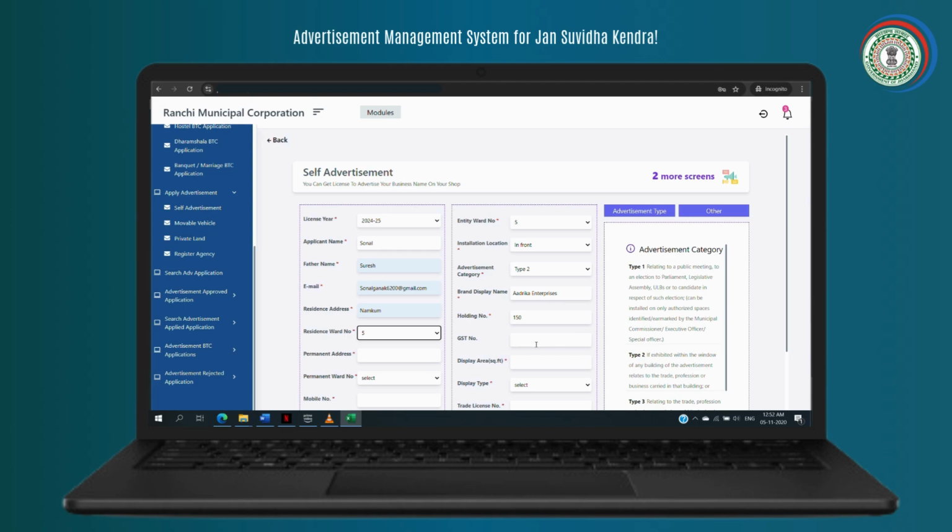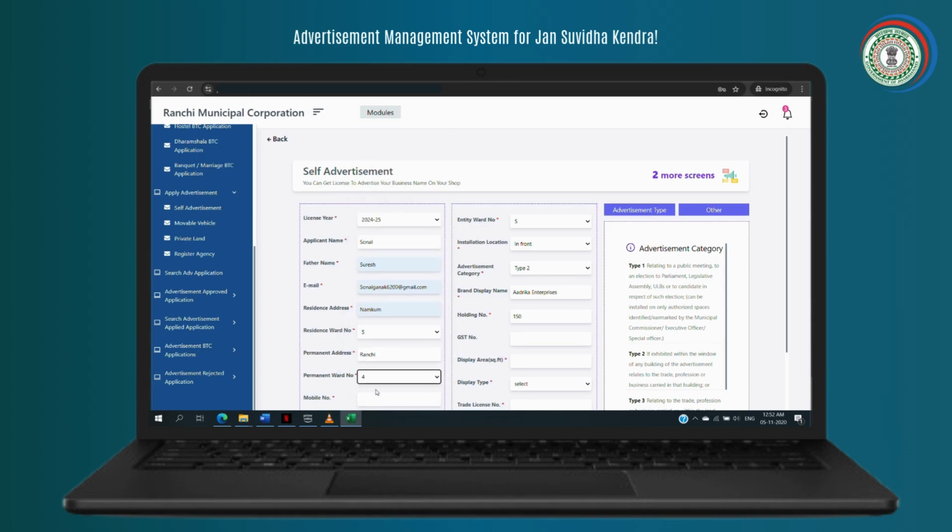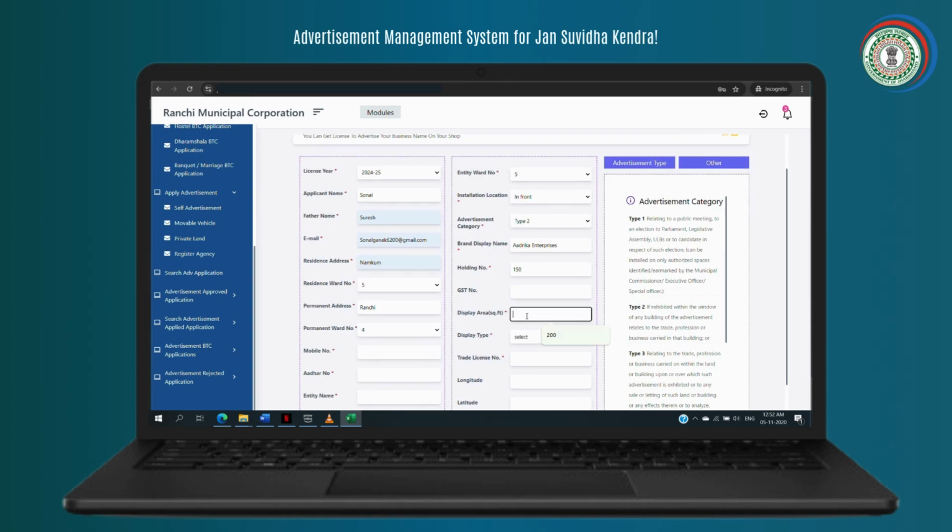GST number is optional. Permanent address, permanent ward number, display area in square feet, display type,